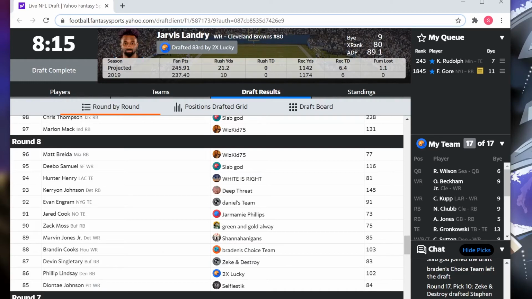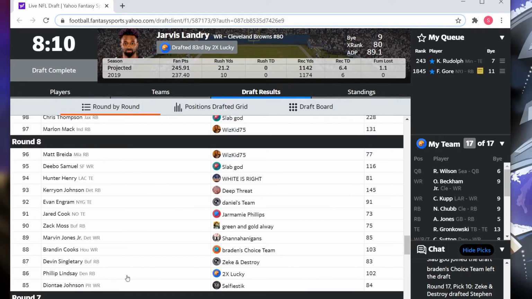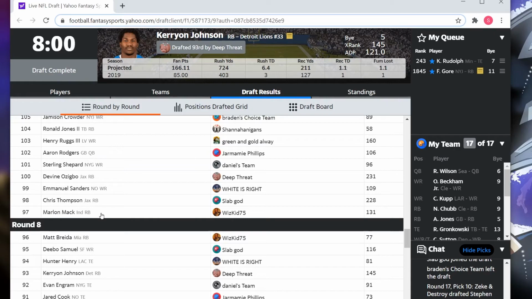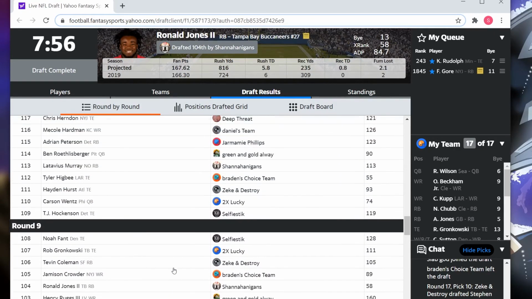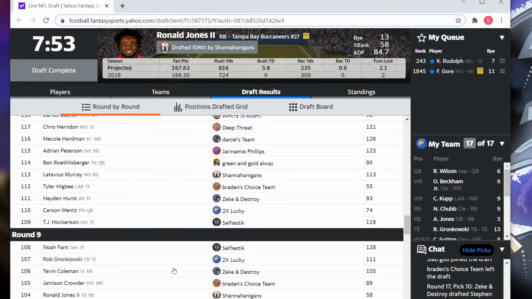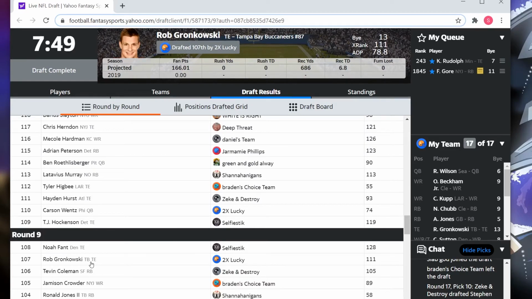And then this Philip Lindsay pick was going to be the pick. That's what makes it tough. Right here, instead of Jarvis Landry, I probably needed to go with one of the other running backs. I just didn't expect Zach Moss, Kerryon Johnson, Marlon Mack, Matt Breida, and Ronald Jones to all get taken right after me. That's crazy to me. I really did not expect that, and it really hurt because this is where I was expecting to go with a running back instead of Rob, and then I would have gone